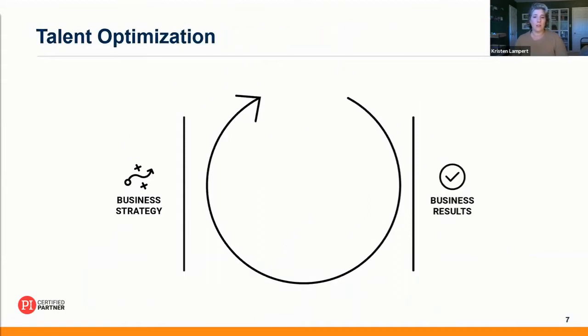And the way we think about doing that is through a concept of talent optimization. So talent optimization is the process of allowing yourself or your organization to better align your people with your business goals. And we think about it with four major questions. One is, are you designed in a way to deliver on your goals? I.e., do you have the players on the field in the right position to score? I love the Ted Lasso analogy. I'm sure you guys are all watching it. And if you think about it, it's all about the players on the team to get you to that goal line. You have to be asking yourselves those questions.